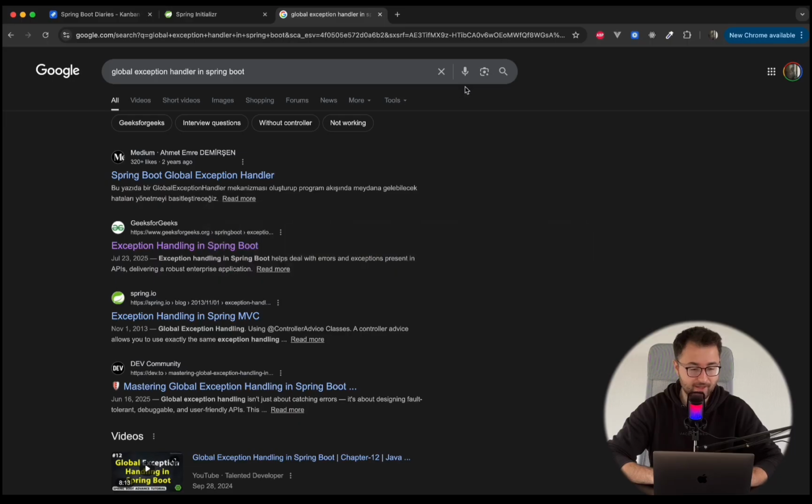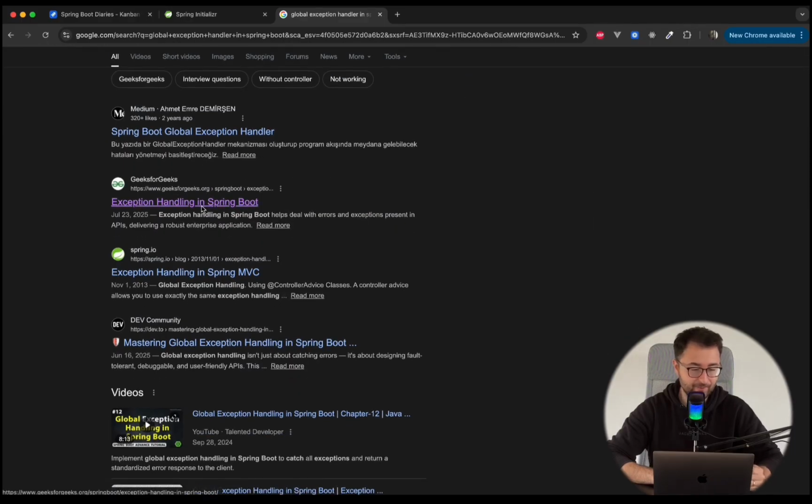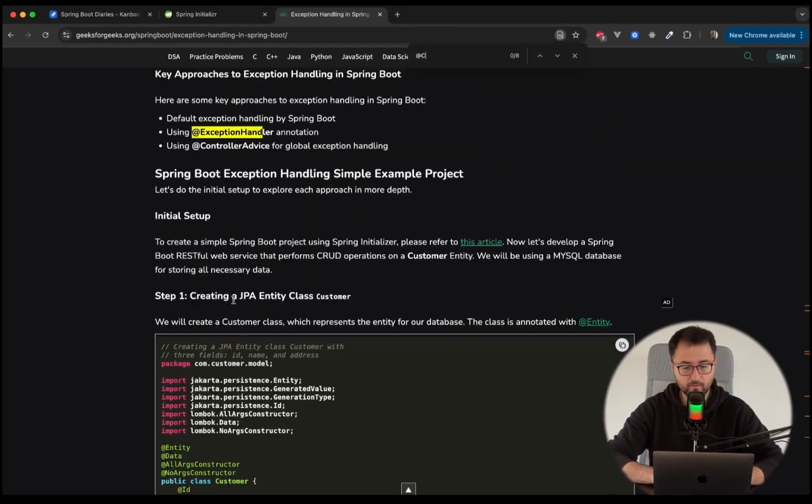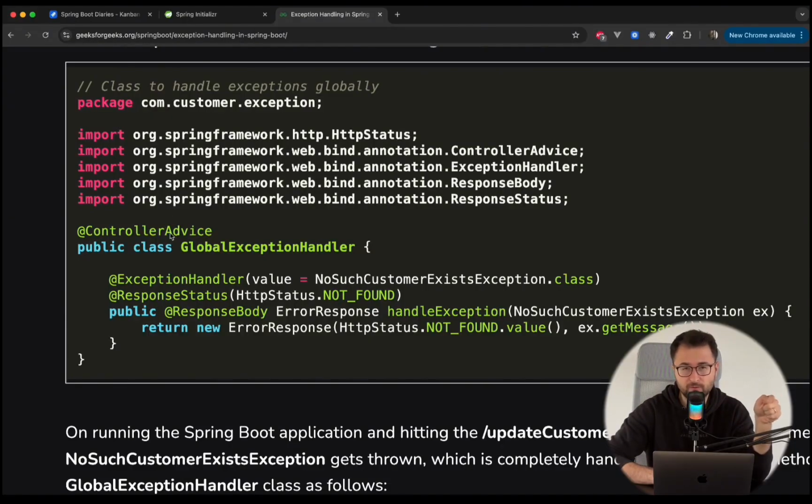So I'm going to go ahead and find a cheat sheet on one of my favorite websites, GeeksforGeeks. Here I'm going to find a class that is annotated with the ControllerAdvice annotation. When you annotate a class with ControllerAdvice and you have certain Java methods annotated with ExceptionHandler in that class, this class is going to be listening to all your controller methods, your APIs, and whenever an exception occurs, it is going to look for